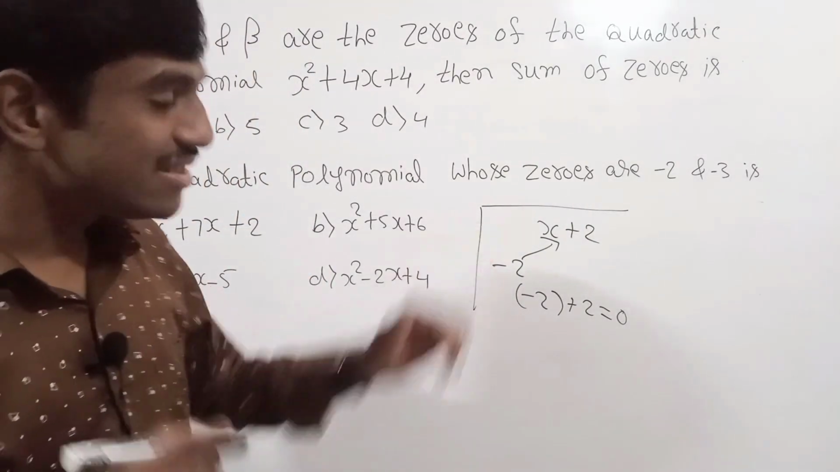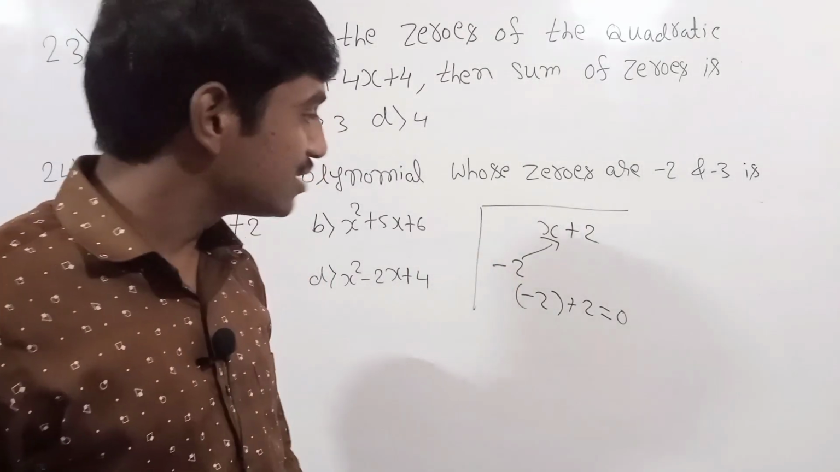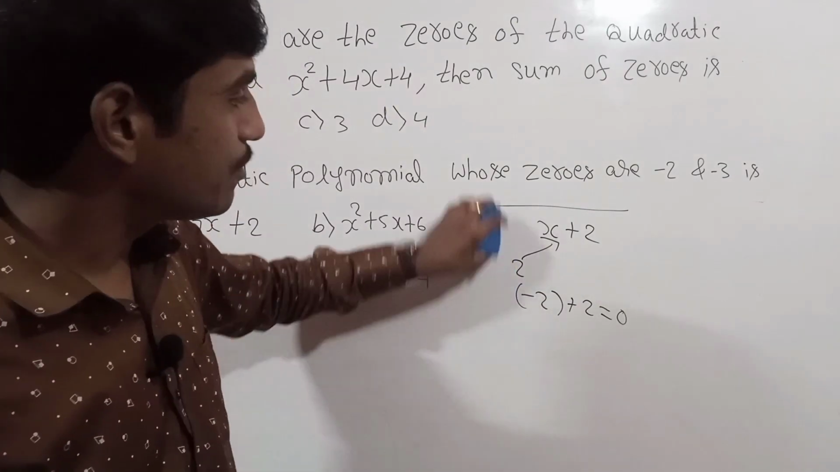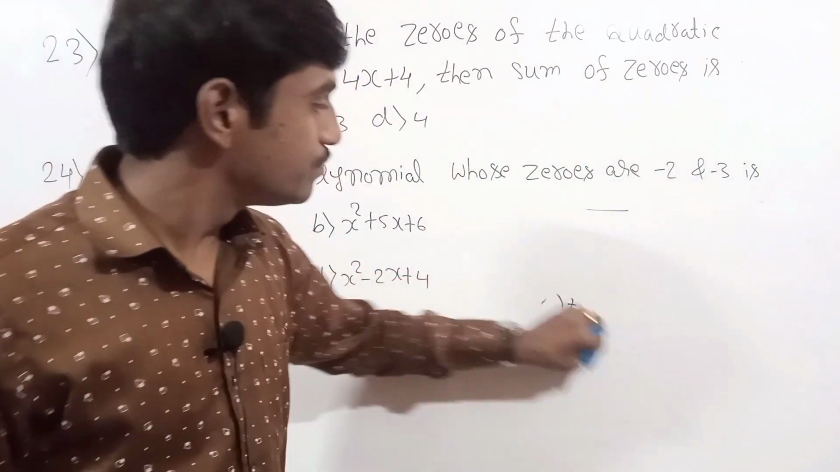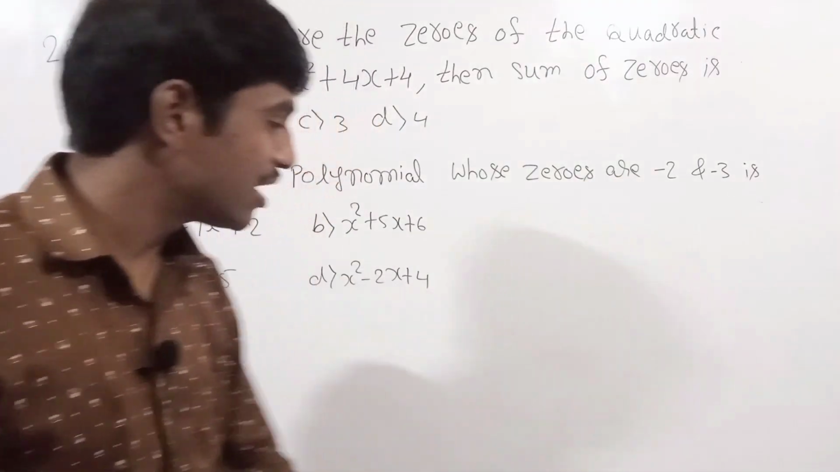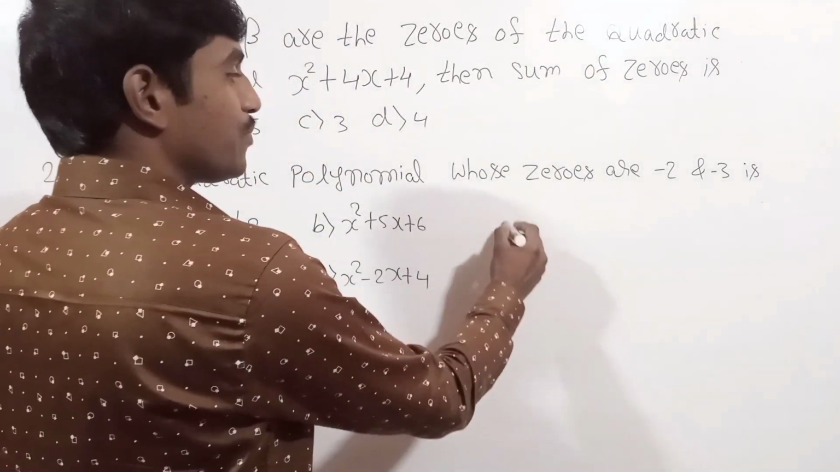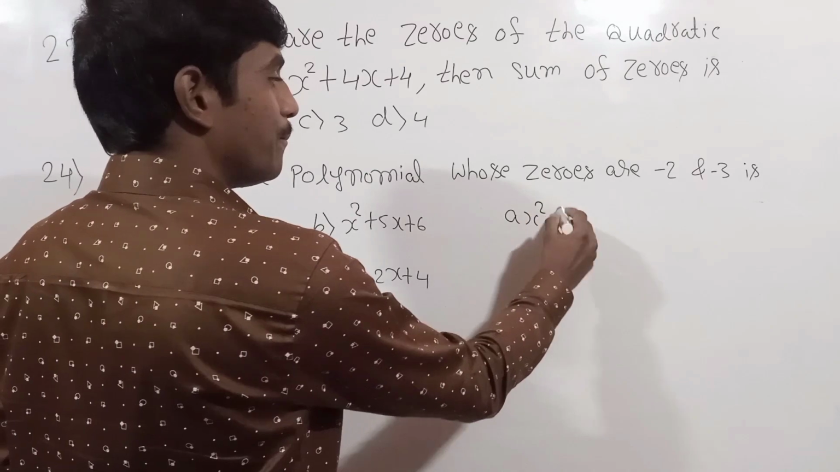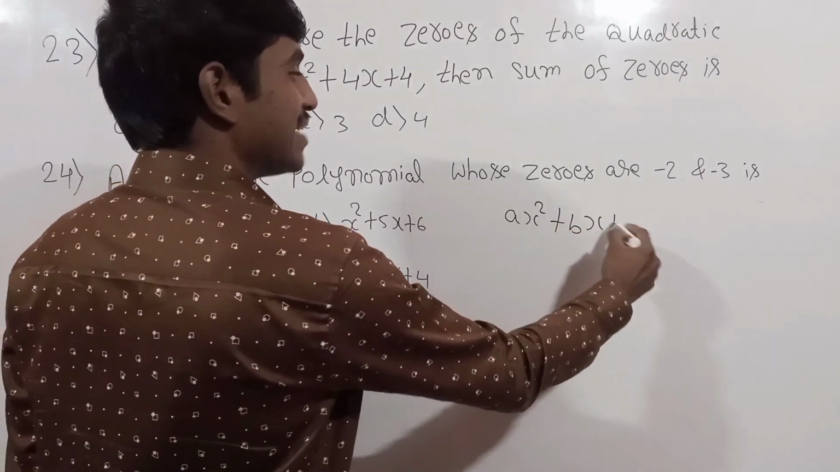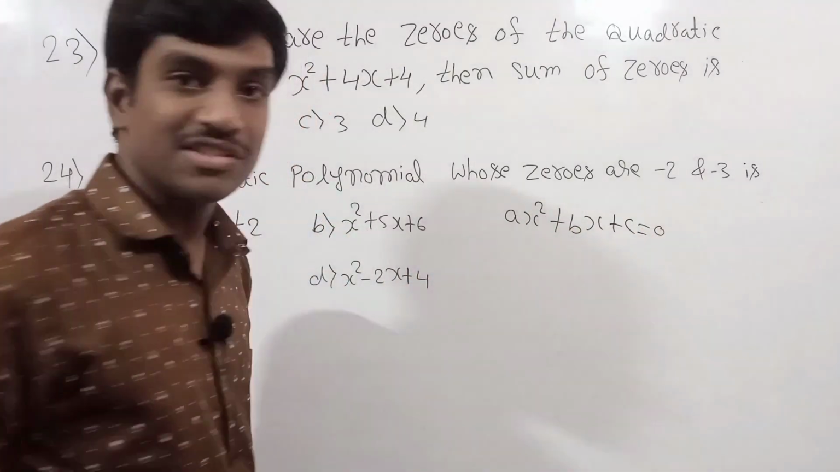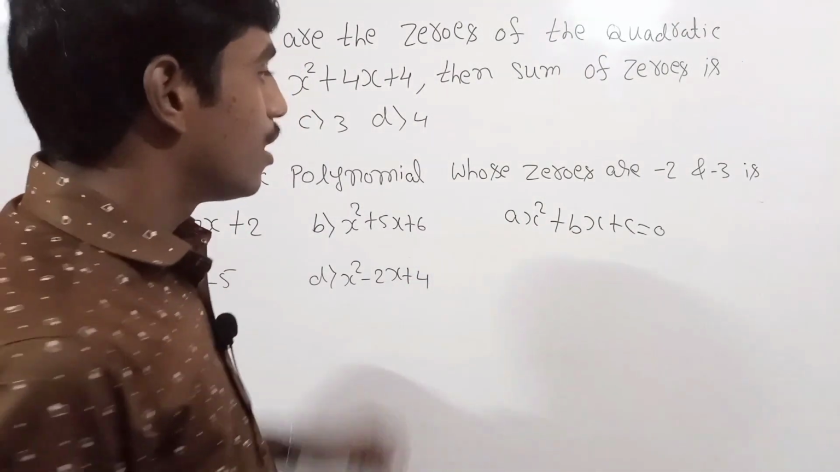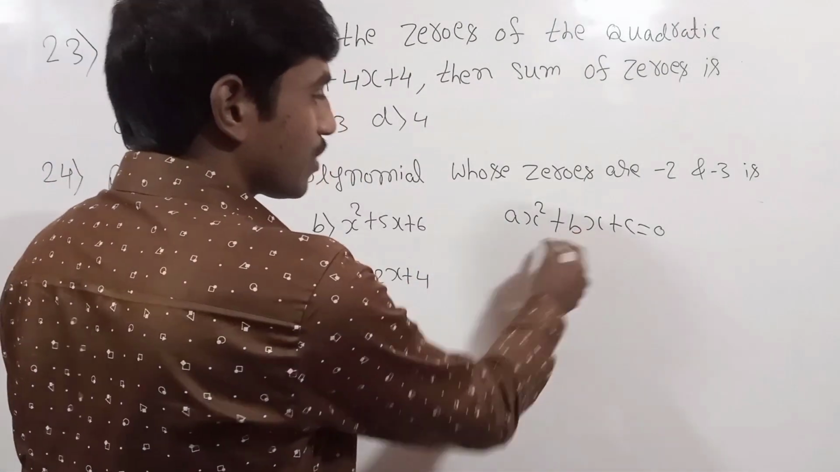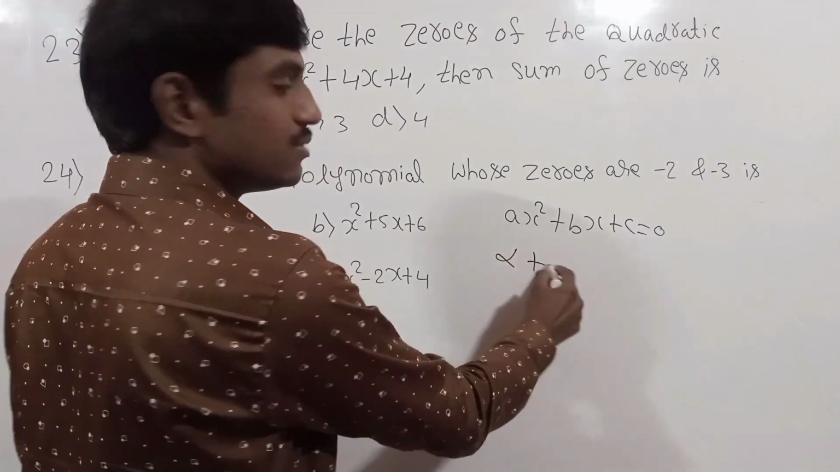So there is a relationship between the zeros and the coefficients of a quadratic polynomial. A quadratic polynomial means a polynomial which is of degree 2. And what is that relationship? The relationship is that if ax square plus bx plus c equals 0, this is the general form of a quadratic polynomial. So here the relationship is, if alpha is one zero,